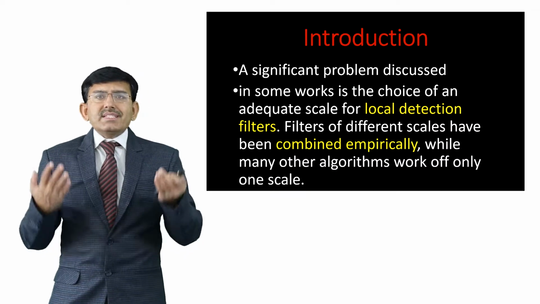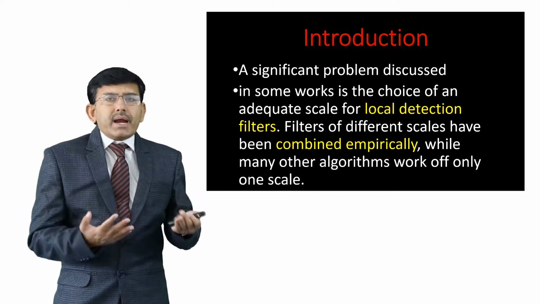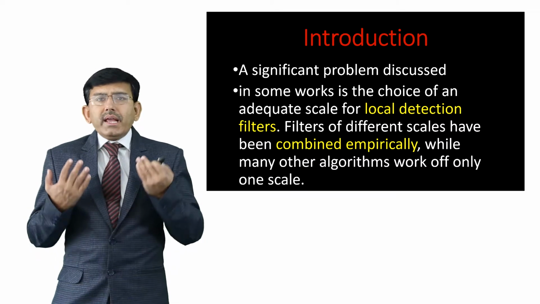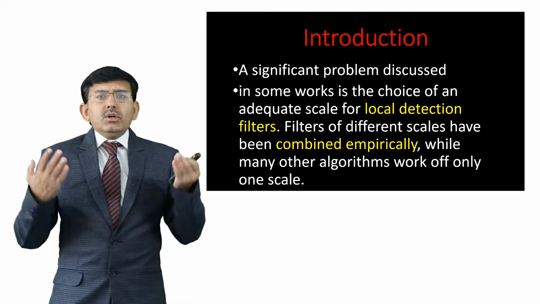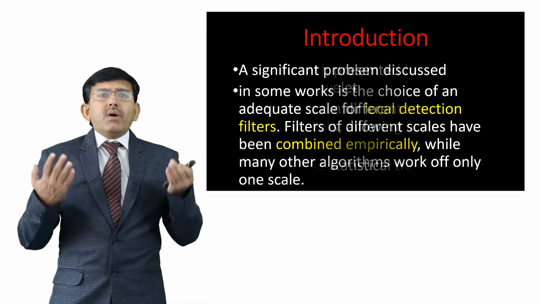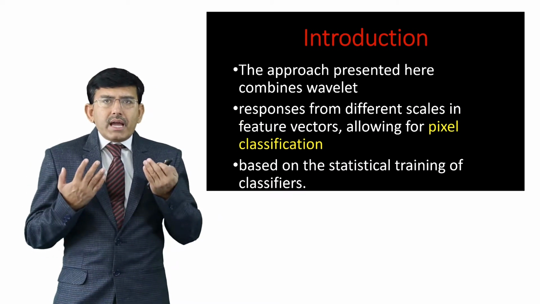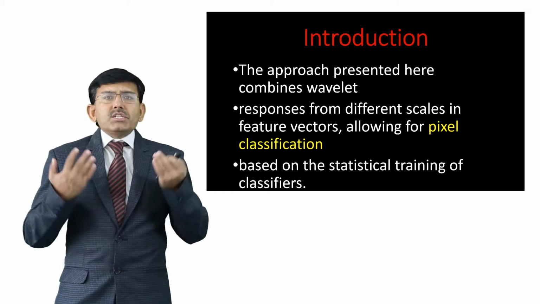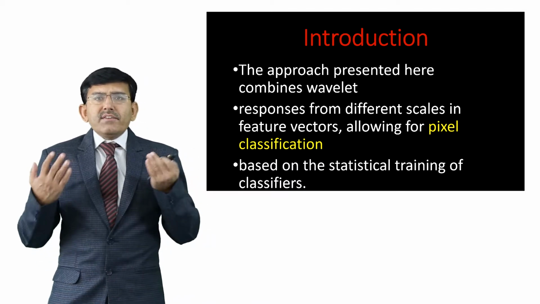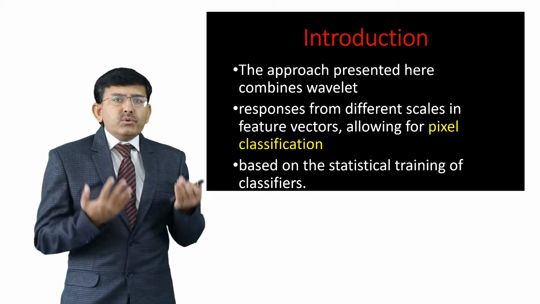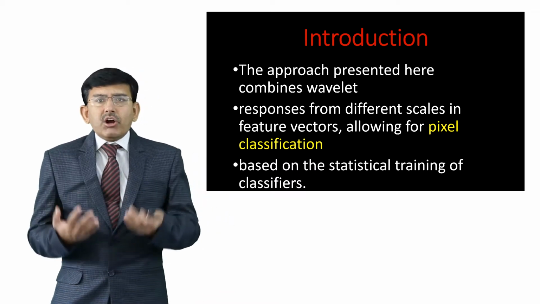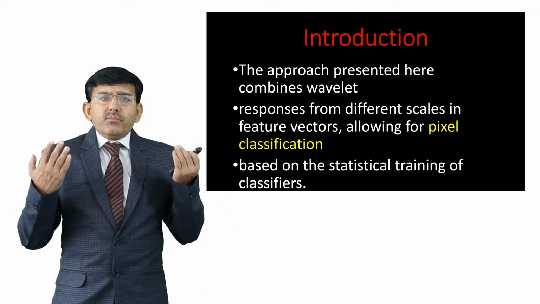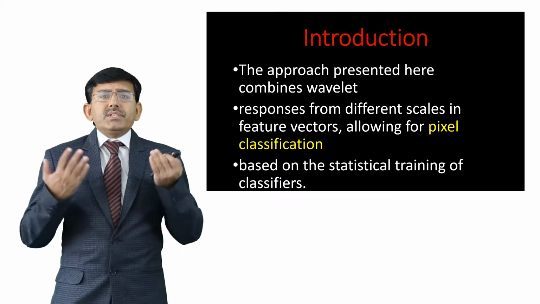Filters of different scales have been combined empirically, while many other algorithms work off only one scale. The approach presented here combines wavelet responses from different scales in feature vectors, allowing pixel classification which is based